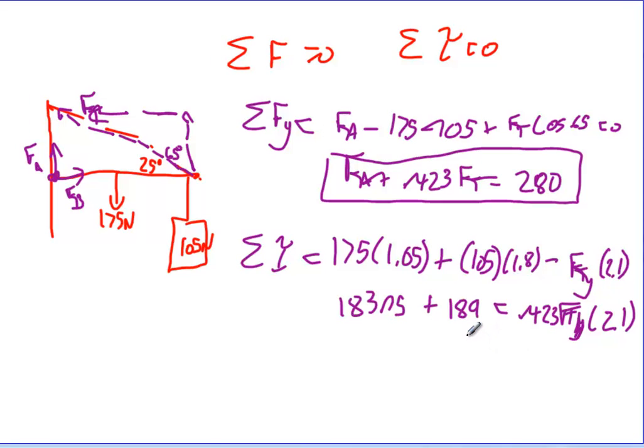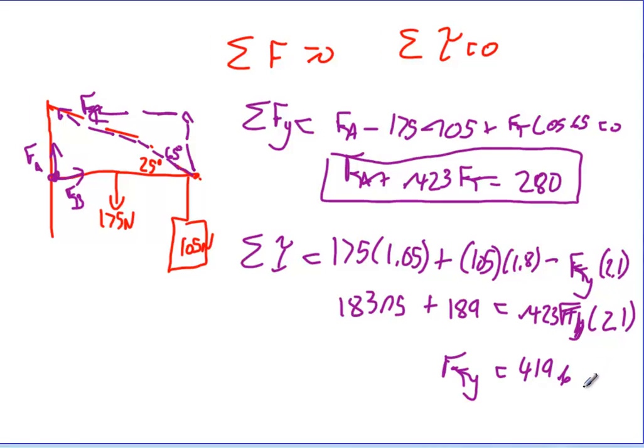Alright, we're almost done. Okay, so 183.75 plus 189 divided by 0.423 divided by 2.1, and I get FTY equals